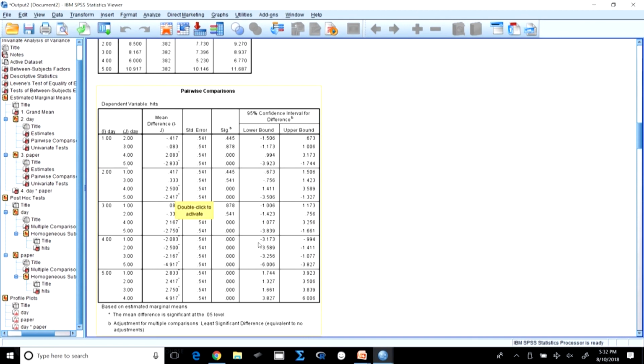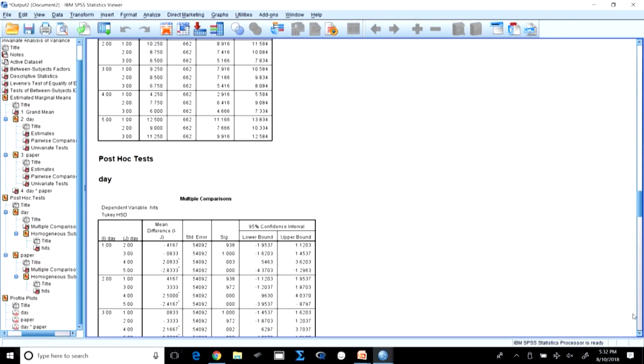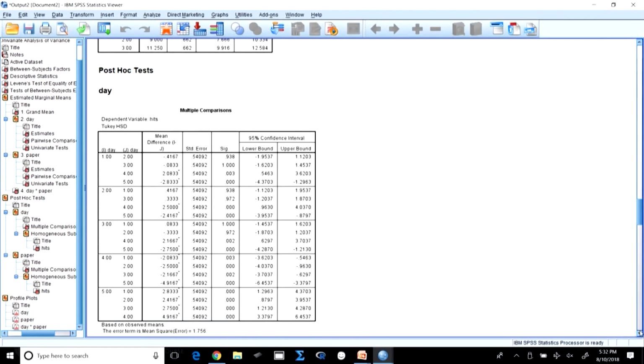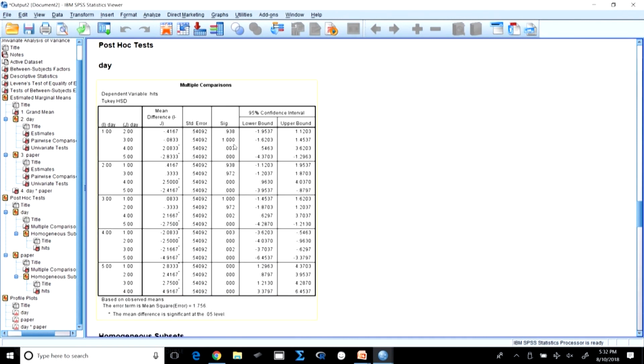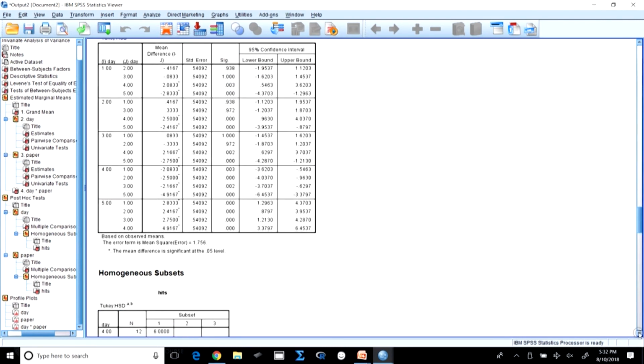When you check this, it helps to tell you whether there is a significant difference between the different days on which the advertisement is given. You should see this table, the Tukey HSD, which is the post hoc test. You can see the fifth day, all are mostly significant, and what is not significant is third day and second day, no significant difference, and first day and third day, obviously not.